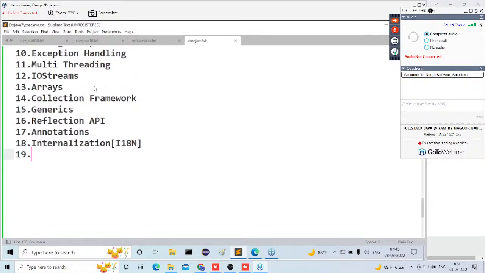But in the next year, what happened? Some customers increased for my product from outside of India. For example, some customers are coming from Japan. The Japanese situation is somewhat different. They don't like English, they're not good at English. They are good at their own language, Japanese. So they are expecting all my product services in Japanese language.